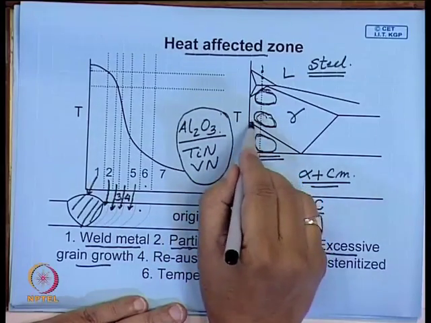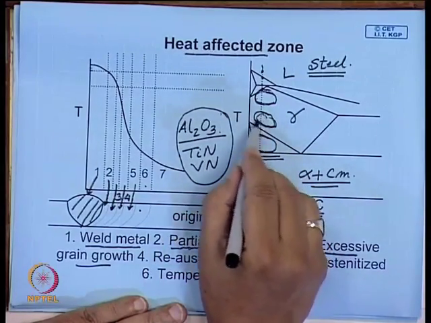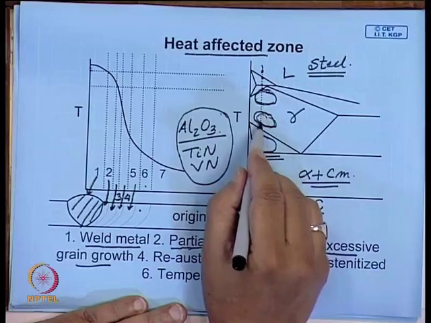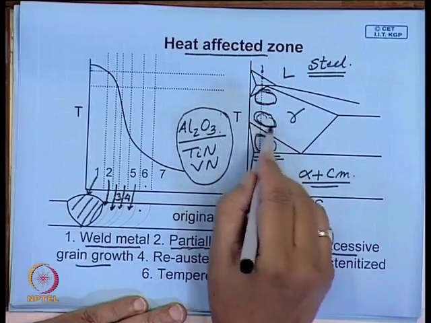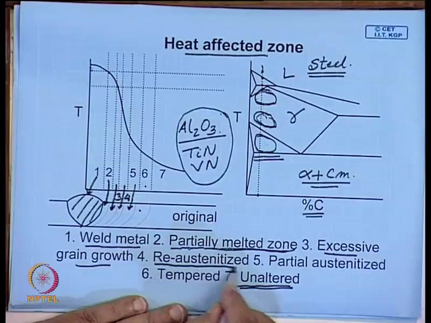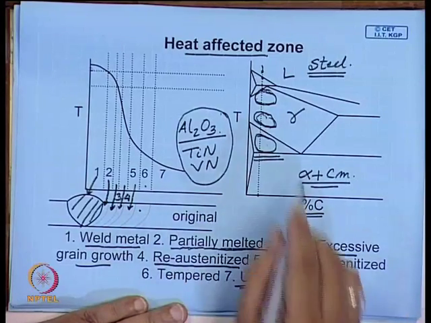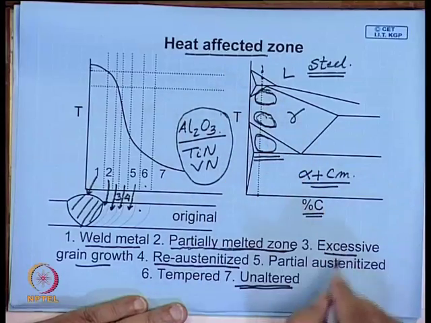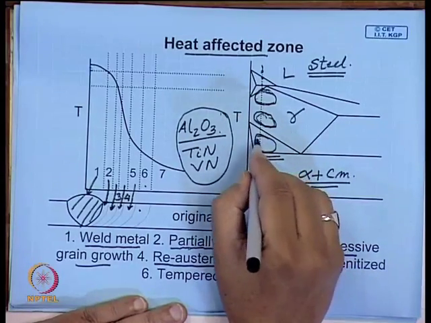Whereas in this zone, austenite will form, but that heating time is very short. This austenite may not be very homogeneous, this will be fine. So, when it again cools, this will have a much finer structure, a re-austenitized structure, quite fine. Then there will be a region where you have partial austenite. So, here you have